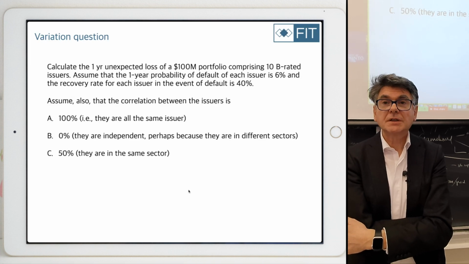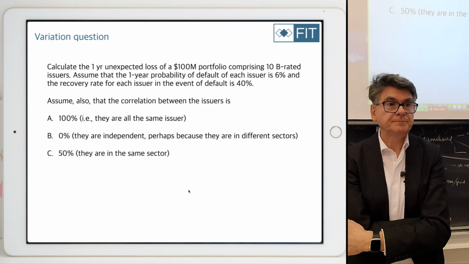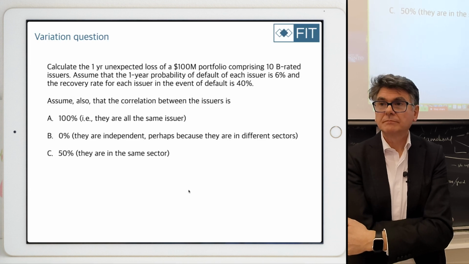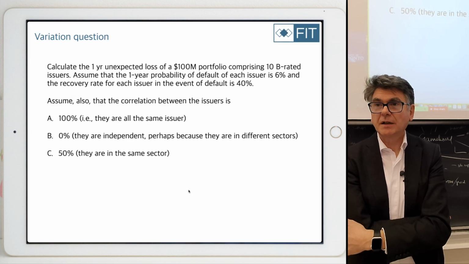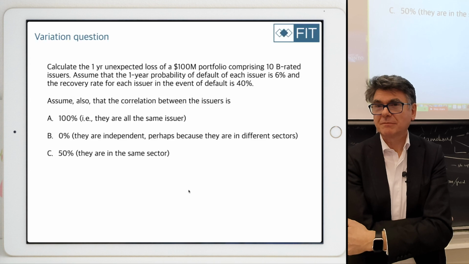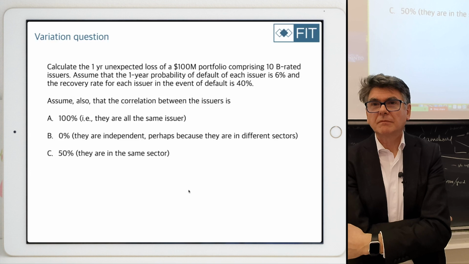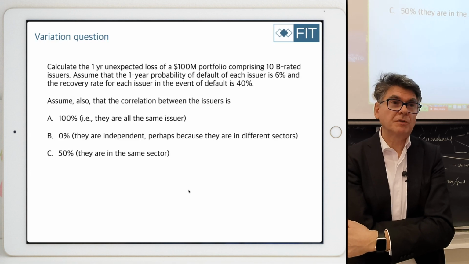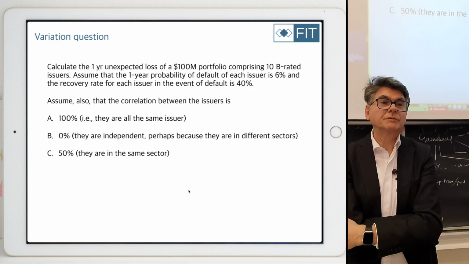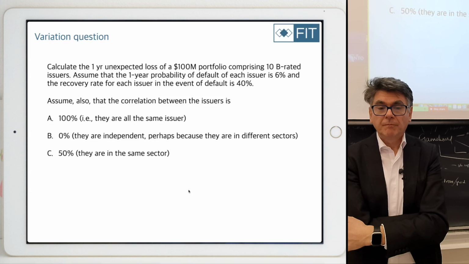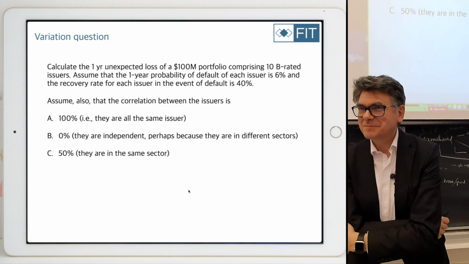If the correlation is 100%, it's very easy. It's exactly the sum of the standard deviations. If they are independent, if it's 0%, then it's also very easy. It's the standard deviation of 1 multiplied by the square root of 10. And if they are 50%,